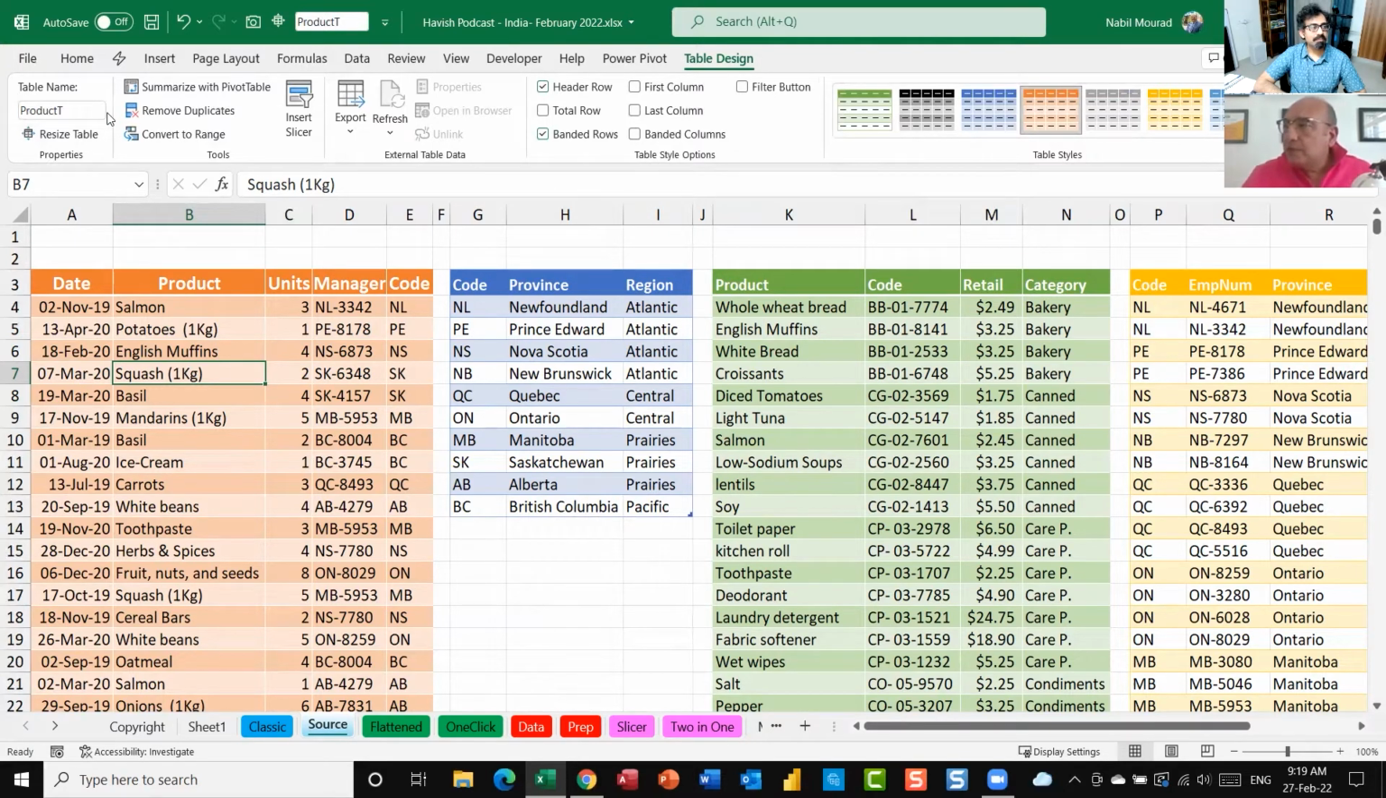It's a good practice to name the tables instead of having just anonymous names, table 1, table 2, table 3. I named this one Product T. I named the second one Province T. I named the third one Category T. And I named the last one Manager T. Now, the question is, how am I going to add them to Power Pivot, to the data model